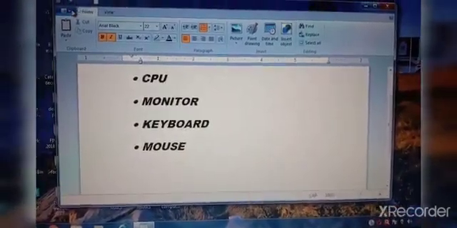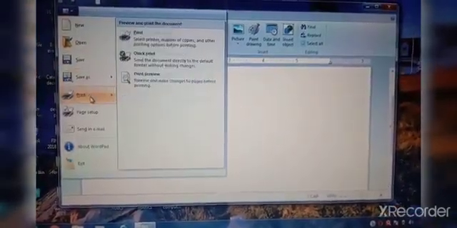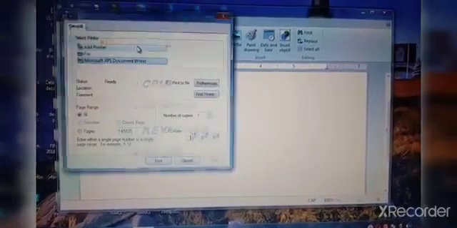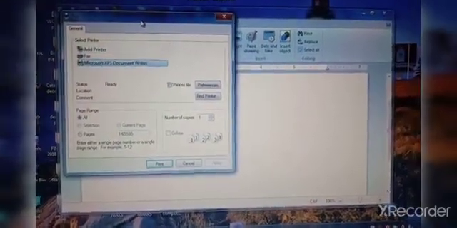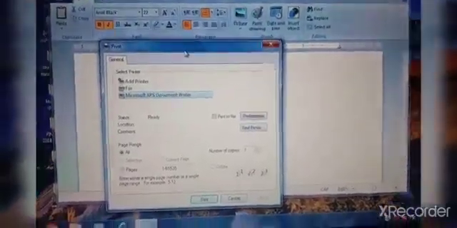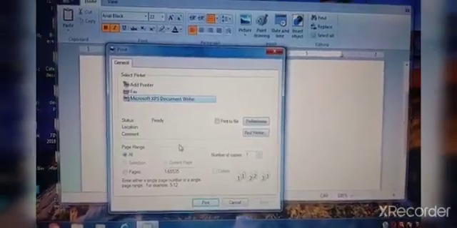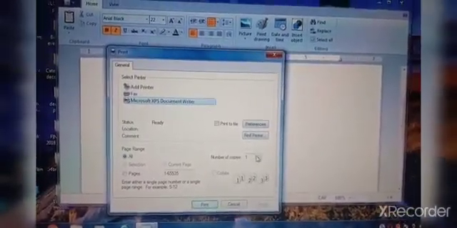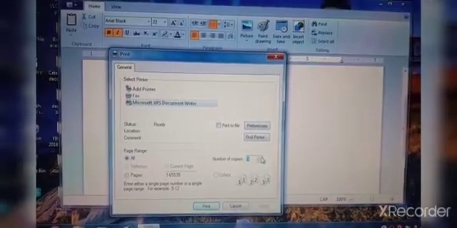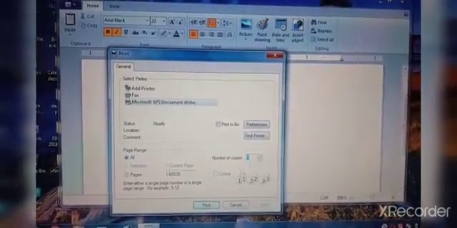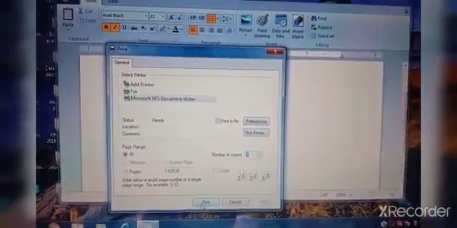Come out of this and click on this print command. This is the print dialog box, print window. In this you select the printer, you select the number of copies you want, and click on print.